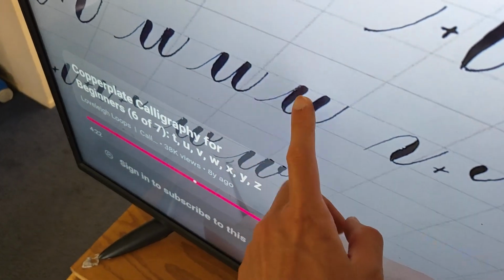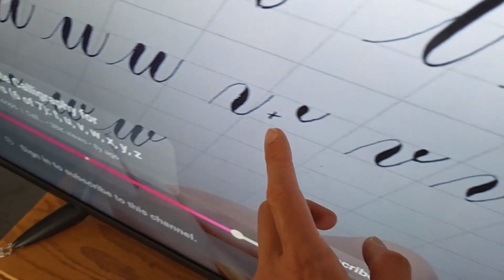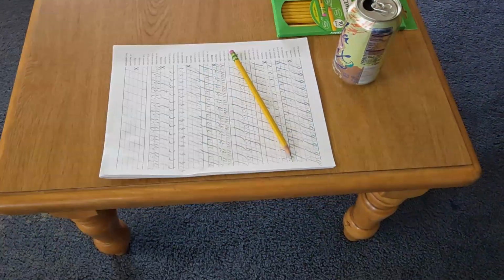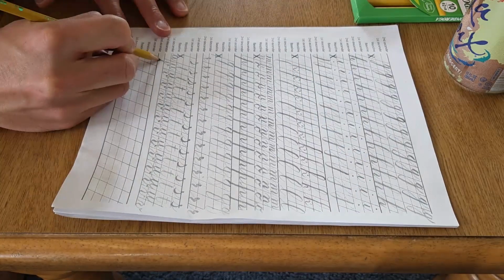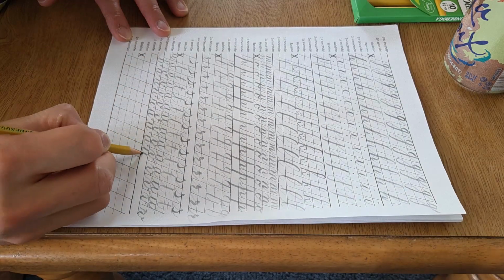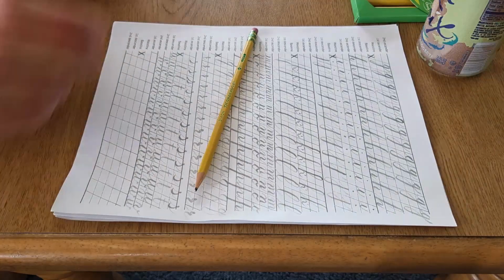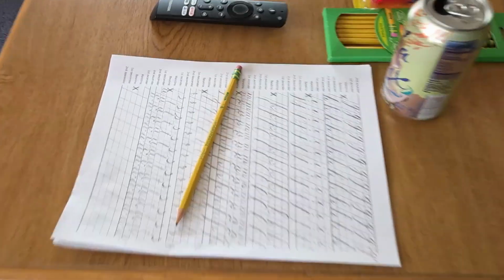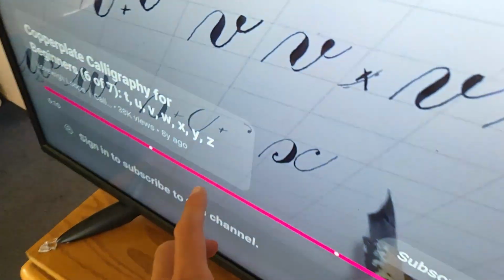Next letter is W, which is very similar to U. Also has that comma dot. Same thing with the V there. Let's try it out. The W felt pretty easy, similar to the U, but the next letter X is supposed to be pretty hard